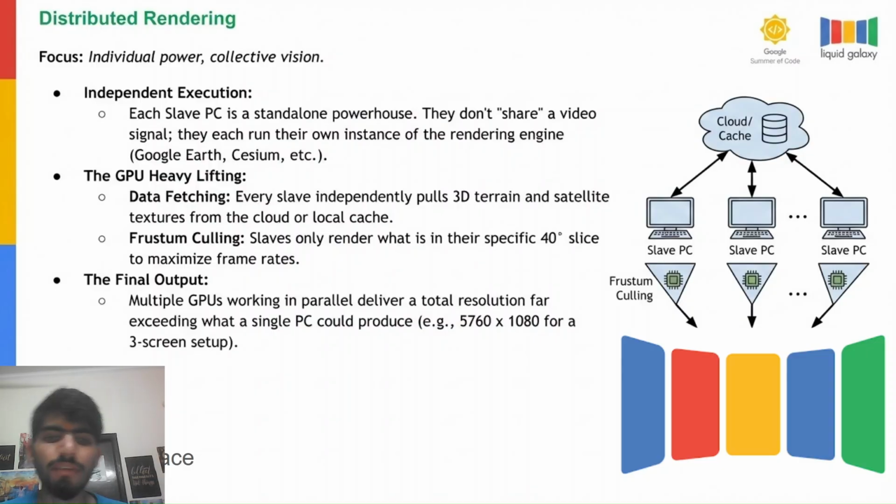So slaves only render the specific 40 degree slice at maximum frame rate. This is basically the GPU lifting. After the information reaches from the server, the texture mapping is done. So as a final output, as we reach the 3D terrain, that 3D terrain has been converted to